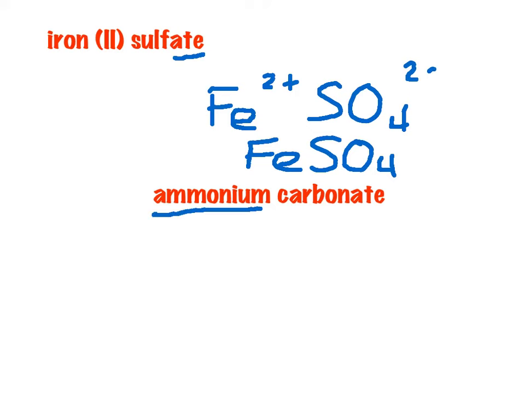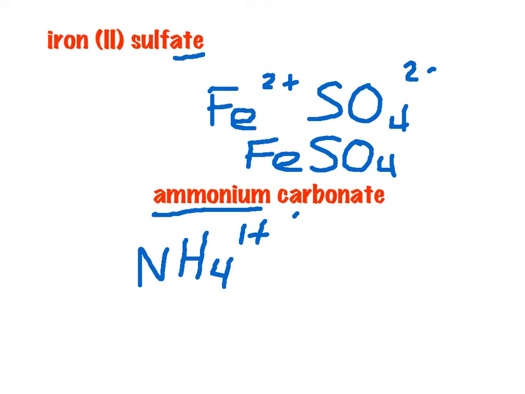Ammonium is this weird polyatomic ion. It has a positive charge, so it's a cation. There's only a couple of polyatomic ions that are cations. Ammonium is the most common one, so again, I would just say memorize this. Know when you see ammonium, oh, it's a polyatomic ion, I got to look at my table and I'll find it there, and it's a positive one. So it's actually NH4 with a